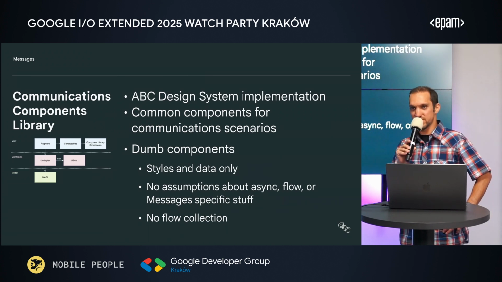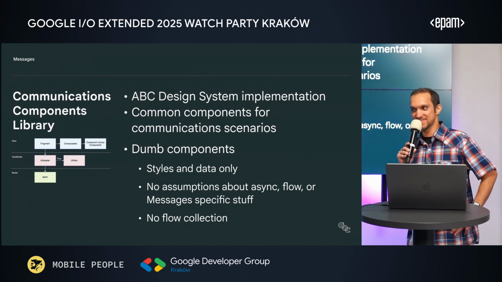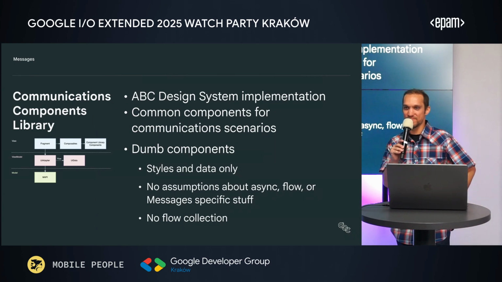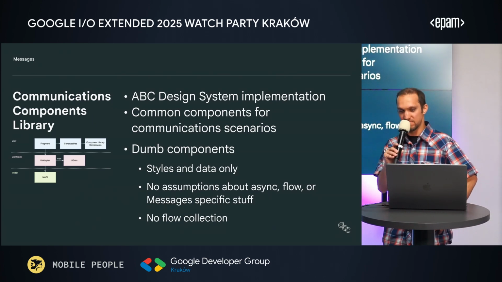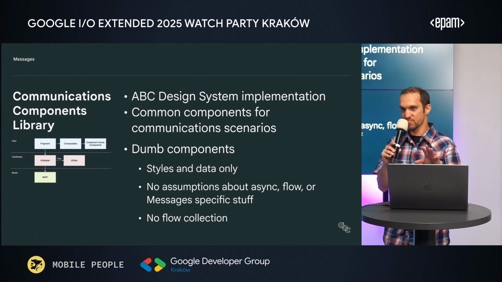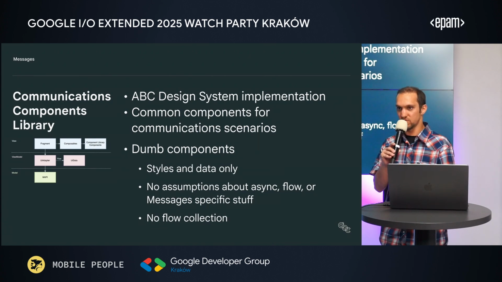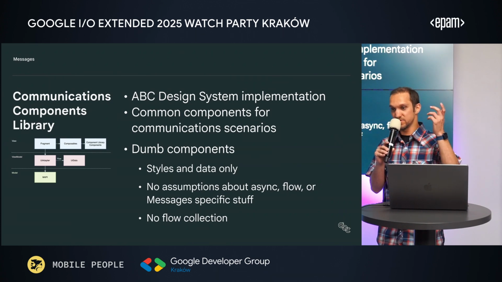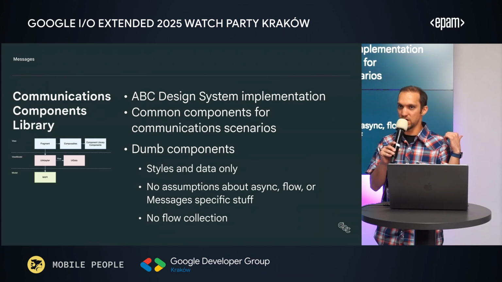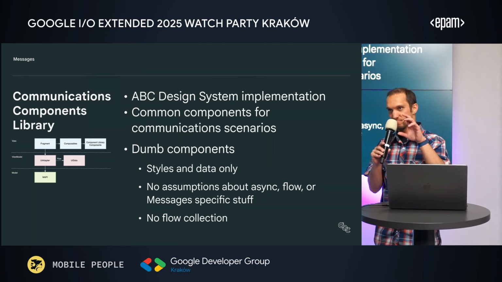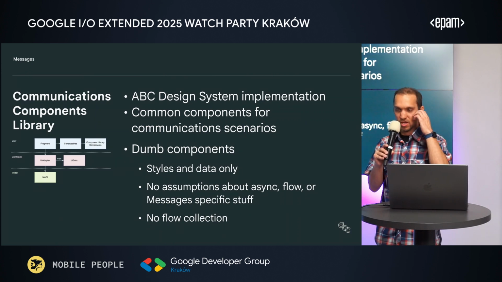We're not the only thing that uses a message bubble. As it turns out, there are multiple communications apps in Google. And so that's the opportunity to reuse those components for different apps. And so these components are all very dumb components, though. So they have no knowledge of the actual application that they belong to or they're being used in. And so, again, very basic. It is a bubble. It has the ability to be styled however the consuming app wants. So, for example, messages for the bubble will style it in the green color or the blue color with the angle